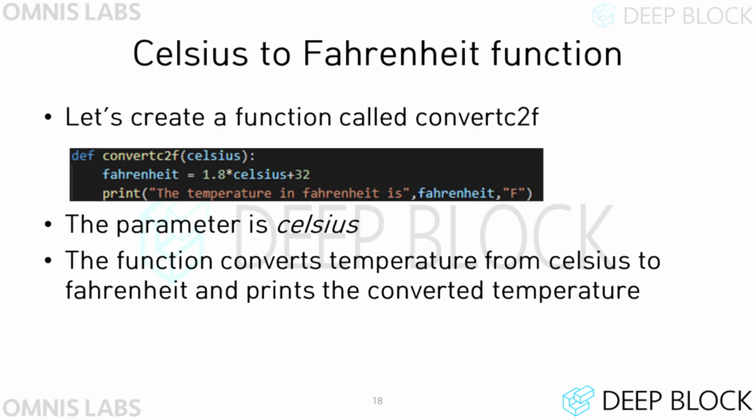Let's create a function called convertC2F. You can create the function as you learned earlier. On the top of the Python file, write def convertC2F(Celsius). What goes into the block of code doesn't have much difference. Writing a function is simply making a music score. Therefore, if the function is not called, it is the same as not playing the music score, so the process of calling the function is required.